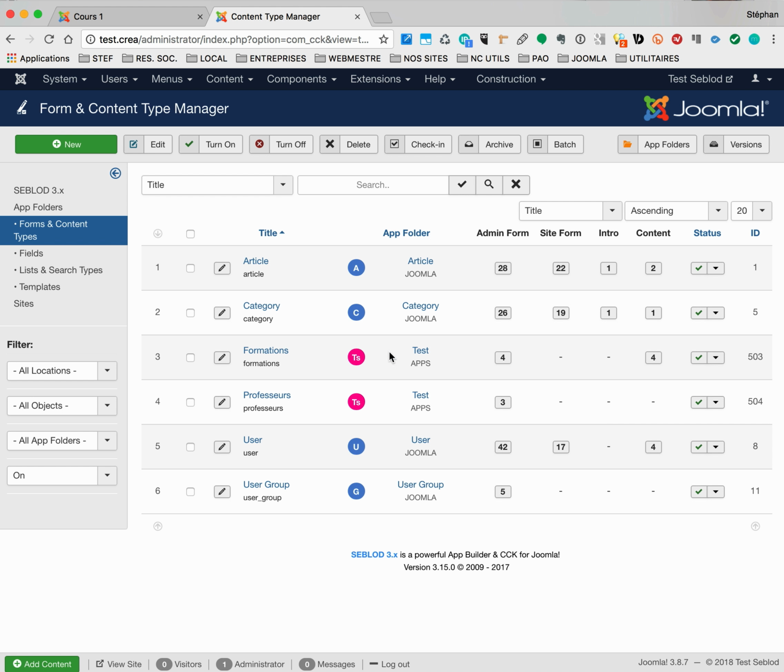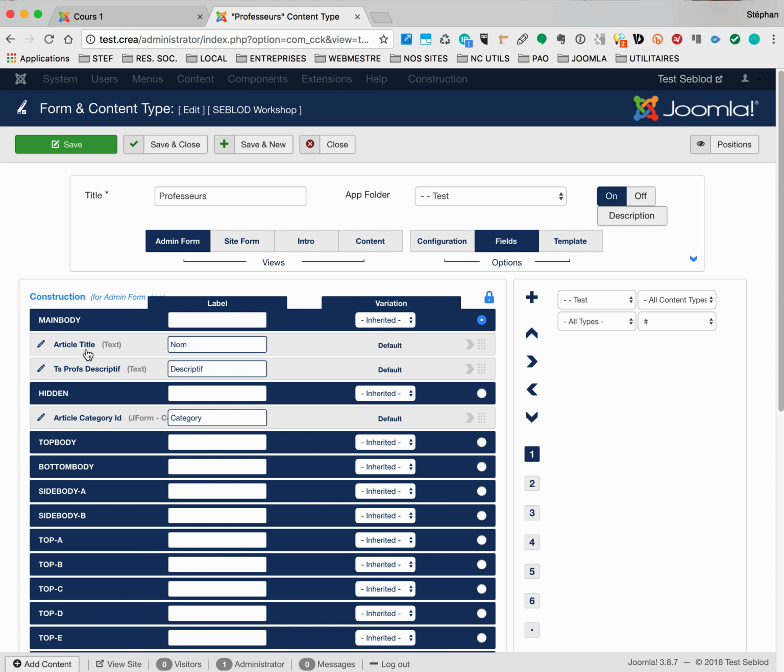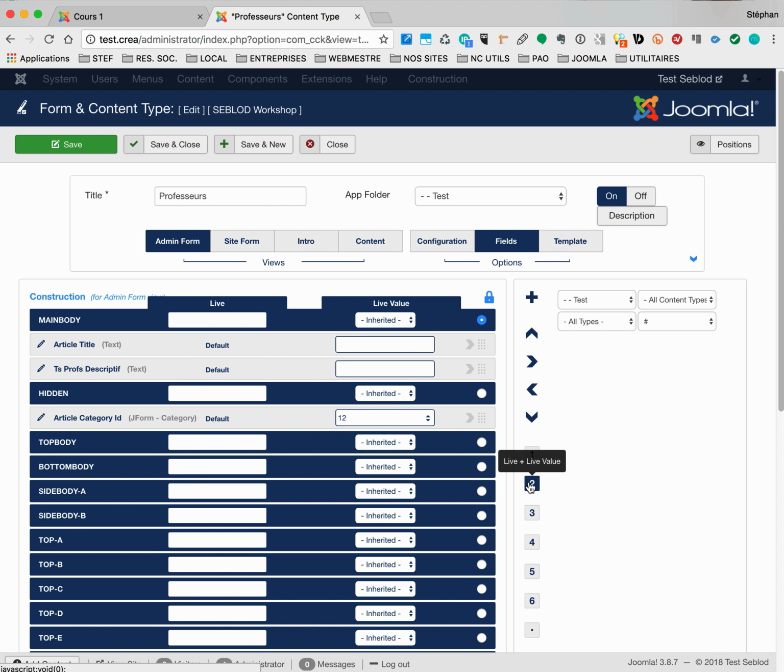is here in my form and content types. I have two forms, one for professor that has only three fields here, one with the title, where we put the name of the professor, and one with the descriptive, as I call it, where I'm going to put the skills of the professor, and hidden fields for the category, so each item will be saved under category 12. That's all for the professor